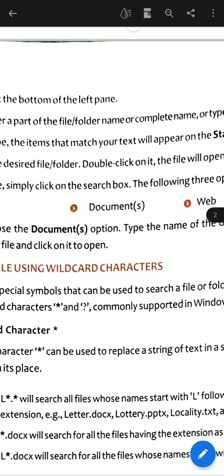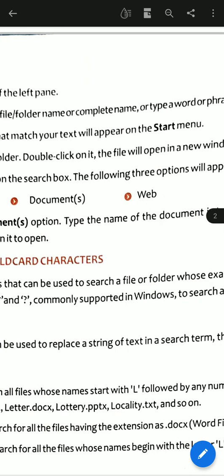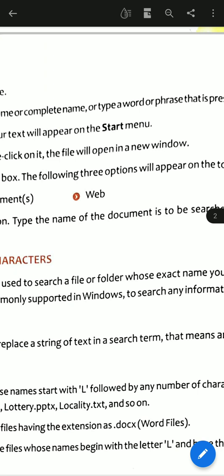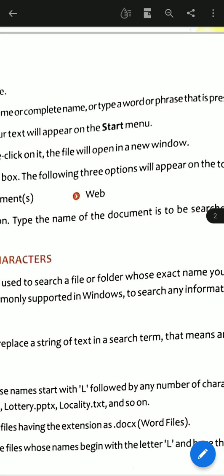If you get the file in the search result, then you just have to double click on it, and your file will open in a new window.